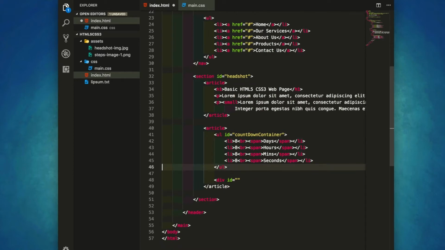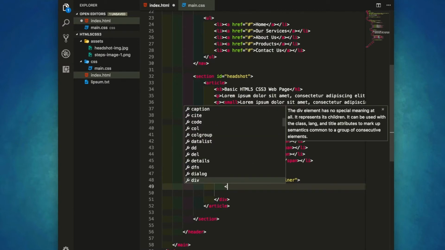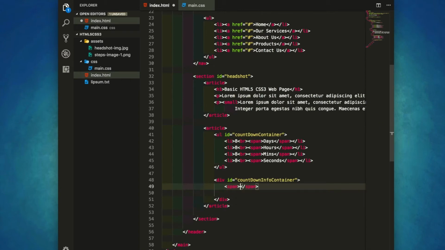It didn't work as I expected. So I happened to create a new div, call it countdown info container, and then apply styling. It will have a child of free of charge, I guess that's the wording, and then